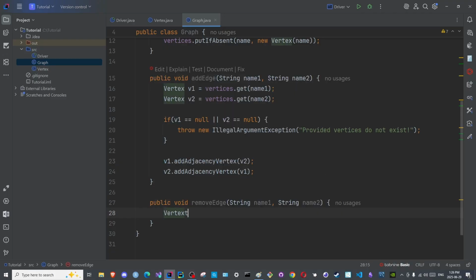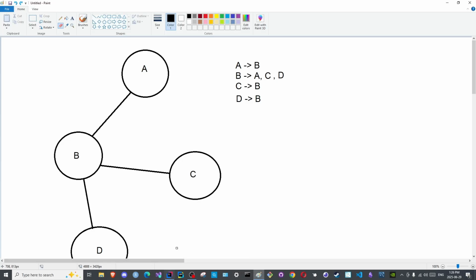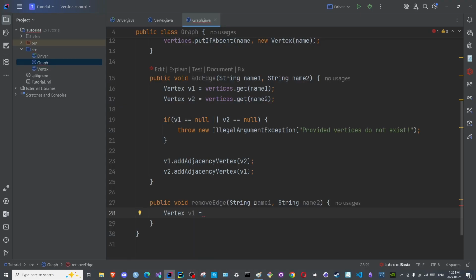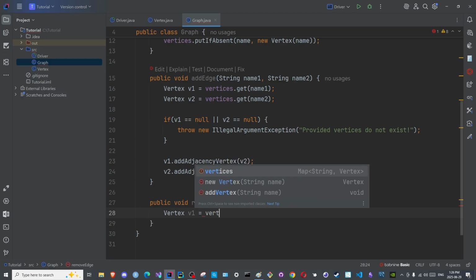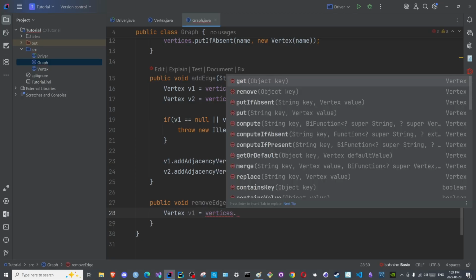Again, vertex v1, we need to check if it actually exists before we remove it, because the user might enter incorrect names. So we need to check that the vertices being manipulated are